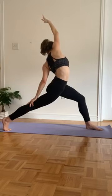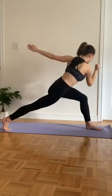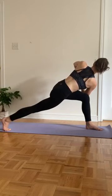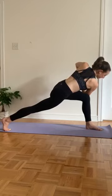One more breath. Come back through center, reach the arms out. Left elbow crosses to the outside of the right knee. Bring the palms to touch, bring them down to heart center. Squeezing the thumbs into the center of your chest. Holding here, one breath. Then turning your gaze to the top of your mat, shifting your weight into that right